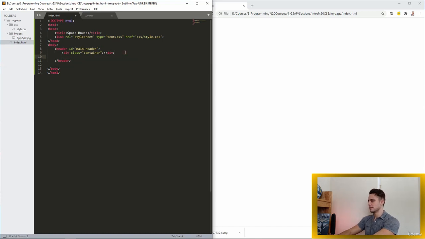Okay, and then I'll write h1 space house. Okay, so we're done with the header now, and then let's add a nav bar. So let's write nav, ID, and the ID will be navigation, and inside let's write div, in here class, and the class will be container, and then let's write here ul